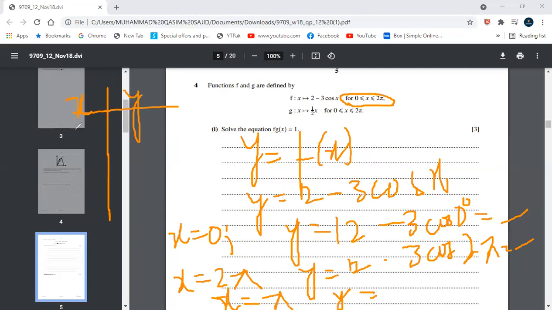So you have to compare your values: at x equals 0, what will be the value of y? For x equals pi, what will be the value? For pi upon 2, what will be the value, and so on. Is this clear? So from these points, you can make your graph. Is this clear, Abdullah? Yes, sir. Okay. Now,